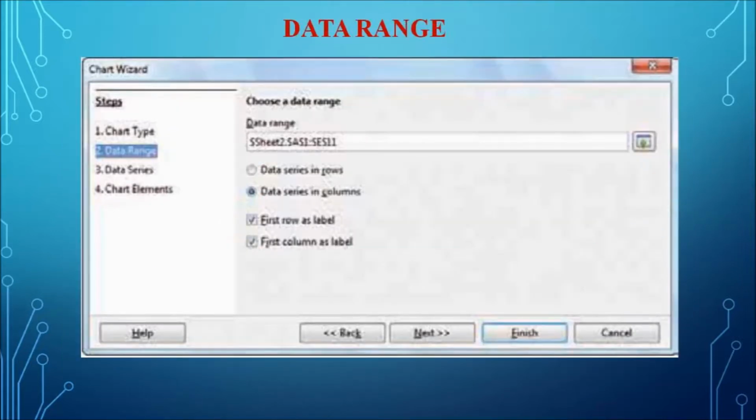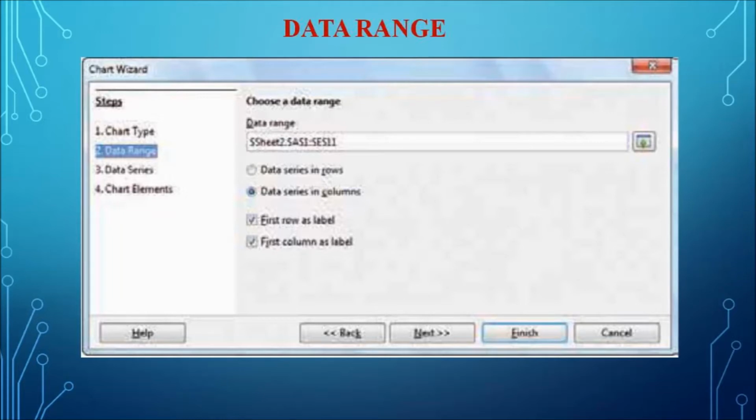And the second step is data range. In this step, the user must specify the range of data for which the chart should be created. That is, the range must be selected. In the data range text box, the user can just click on the select data range button, which is next to the text box.